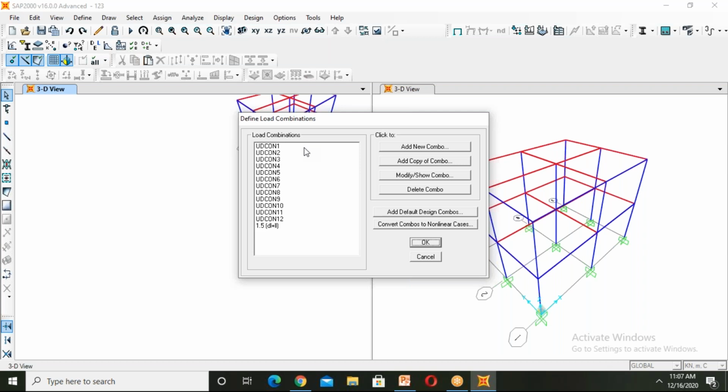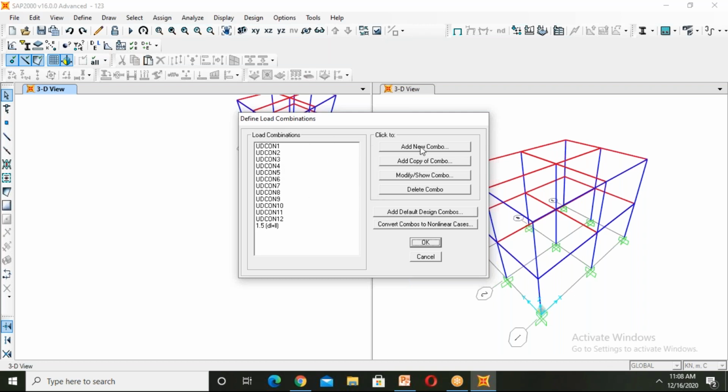If not, the software will take its auto combinations from IS codes. If not, we can give new combinations here.